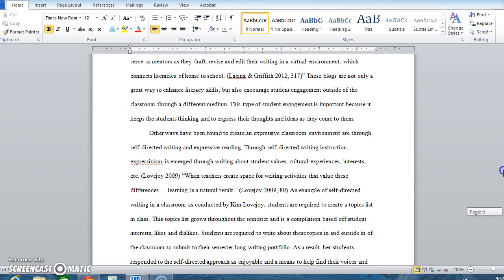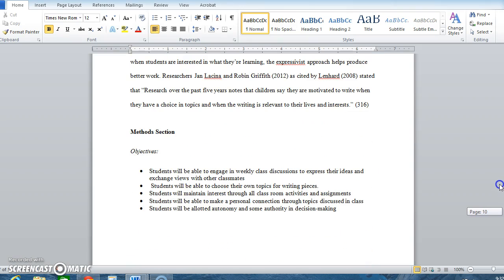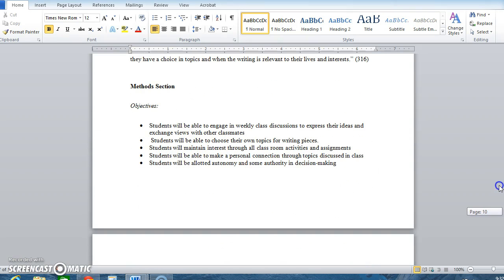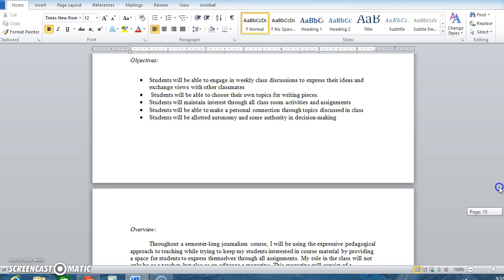Once we get past this, we go into the methods section, and they give us objectives of their methods for their proposal. They are going to tell us that, based on what they have suggested is necessary for teaching students autonomy and writing development, their proposal has these objectives. This is what will happen if this type of proposal for a method is followed.